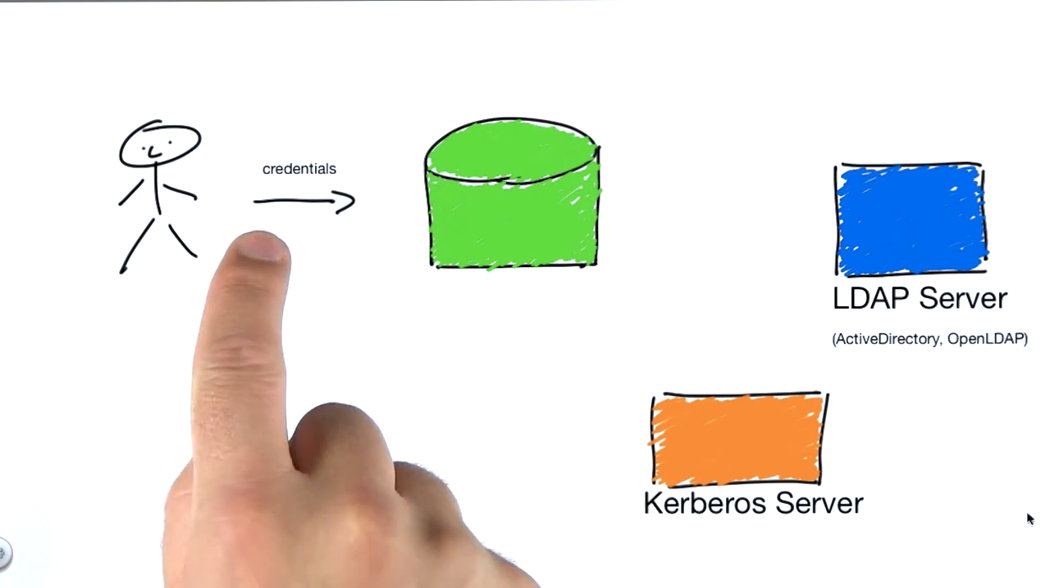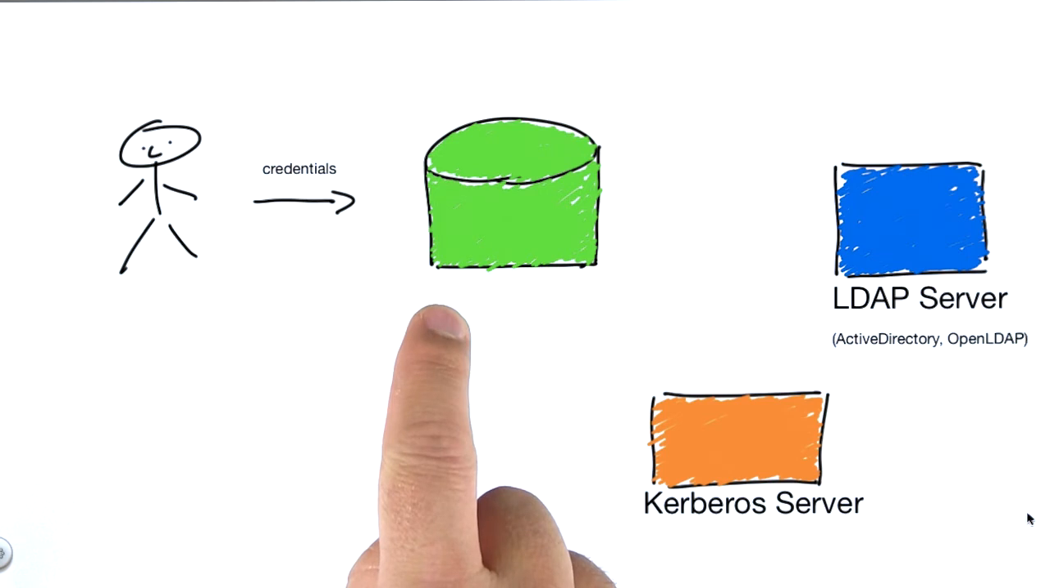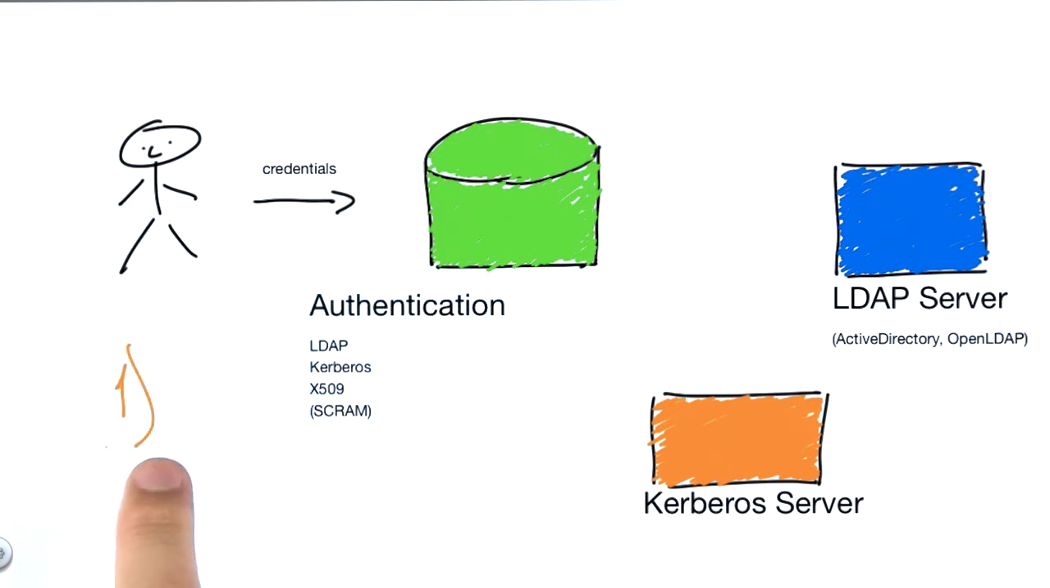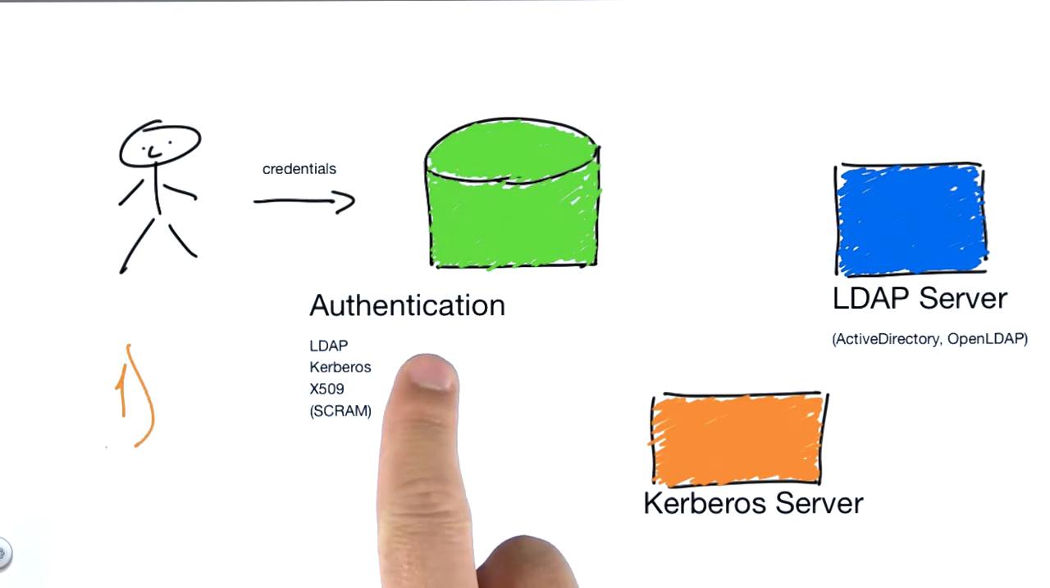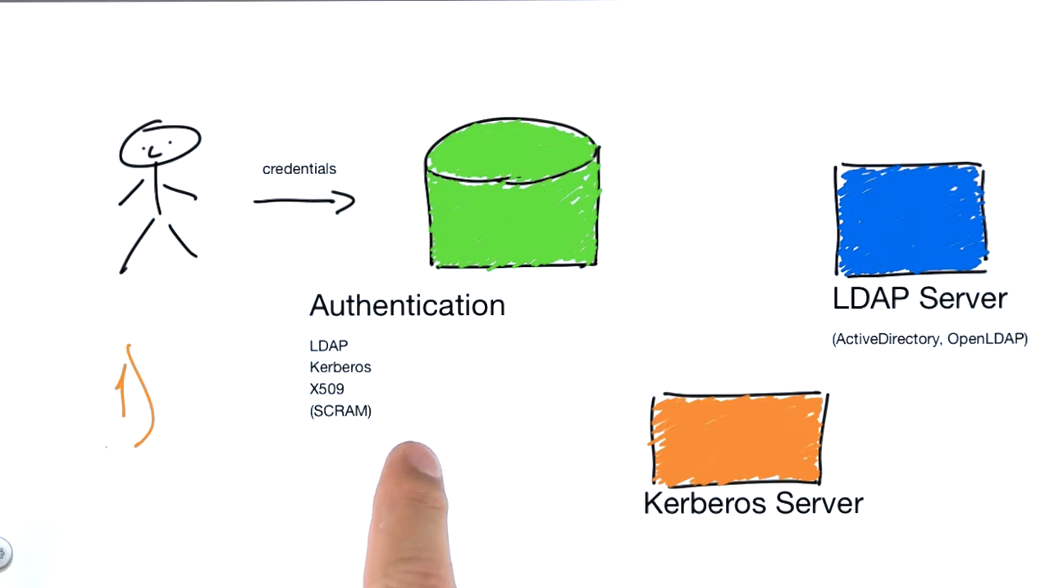When a user tries to authenticate against MongoDB, MongoDB will do a few steps given the new LDAP authorization mechanism. The first step is to perform the authentication of those credentials. Now again, MongoDB has several different ways of authenticating users. We can use LDAP, Kerberos, X509, SCRAM-SHA-1, but now we're going to be focusing on the ones that